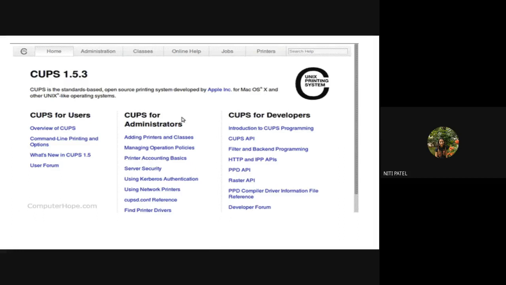But before that, as I said, it was a part of CUPS, you could have executed lpstat directly. So now when I execute lpstat, I can make use of different options. What are those options? Let us see. What is this command doing? It is displaying the printer status information. So when I say lpstat -t, what will it display? It will display all the printer information. So if I have multiple printers attached and I want to know the information about all of them, I will make use of the option -t.